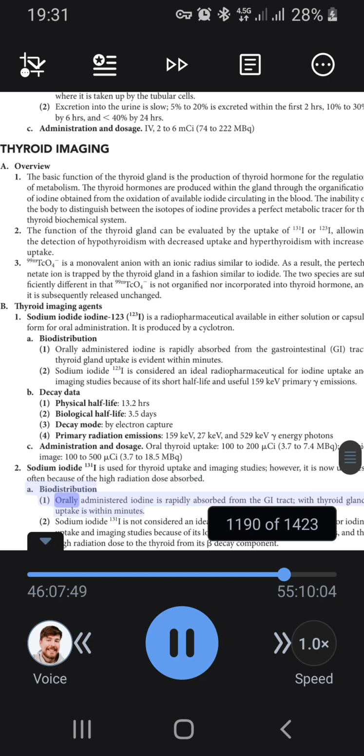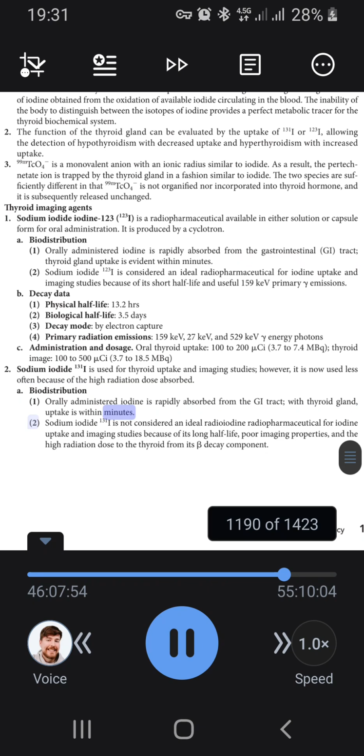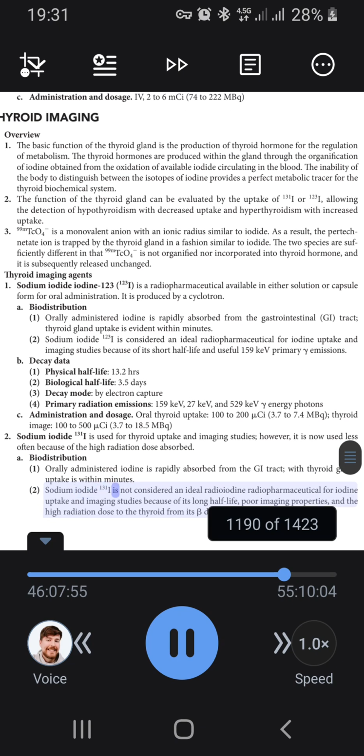Biodistribution. 1. Orally administered iodine is rapidly absorbed from the GI tract. With thyroid gland, uptake is within minutes. 2. Sodium iodide 131I is not considered an ideal radioiodine radiopharmaceutical for iodine uptake and imaging studies because of its